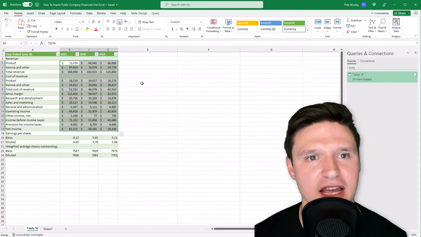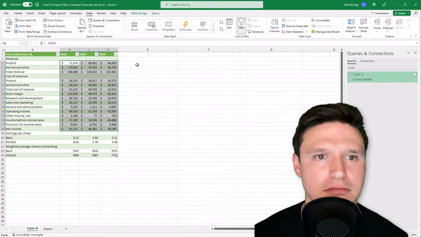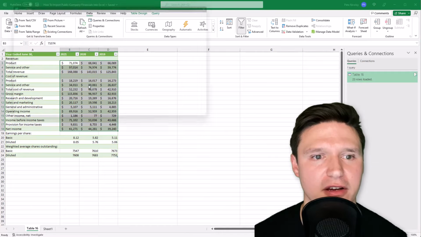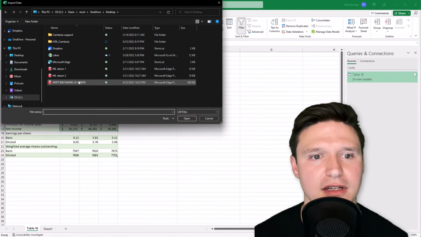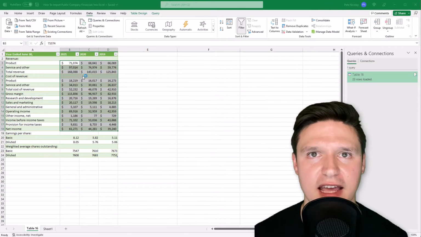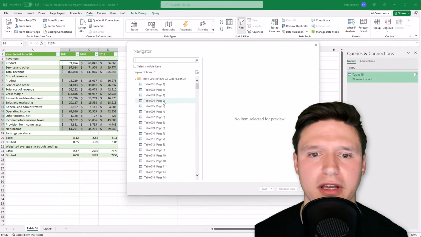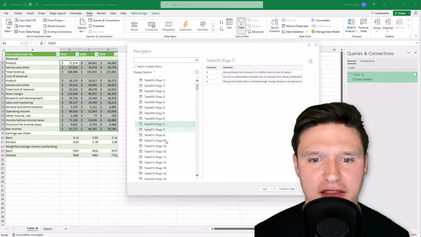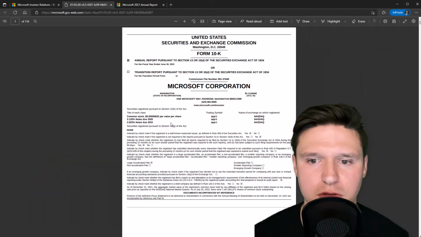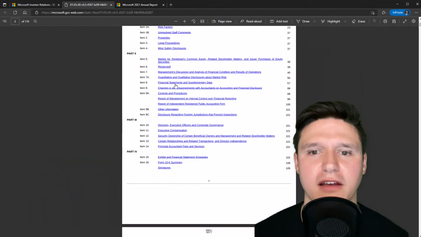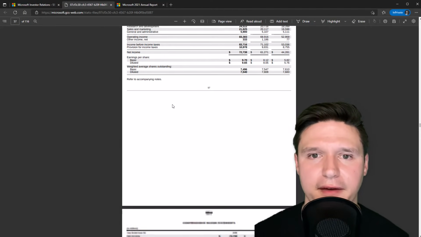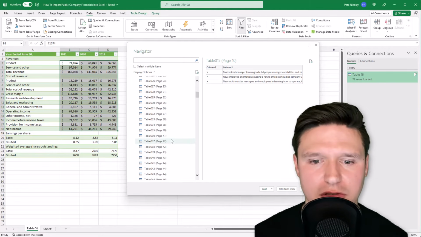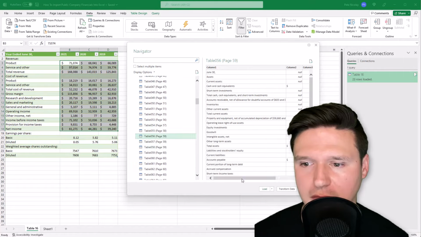So now that that's saved, let's jump over here and click on Data. Again, we're going to get data, this time from a file, and down here to From PDF. And I'll click on that 10K that we just saved. And so what's cool here is that Power Query shows you which page on the 10K these correspond to. So when we go back to the 10K, we can click on Financial Statements and Supplementary Data. And it looks like the balance sheet is on page 59. So we can scroll down, and